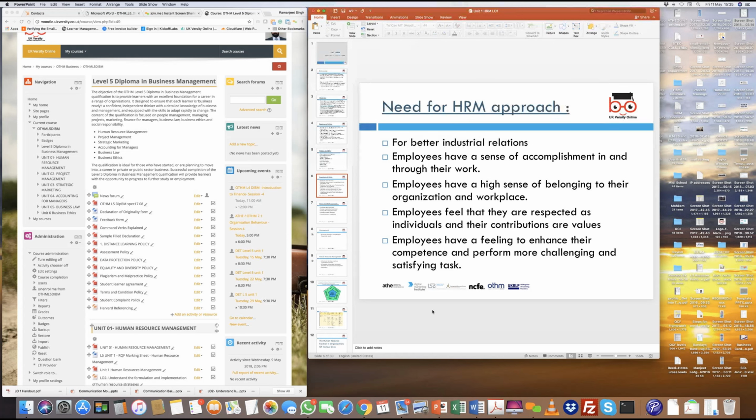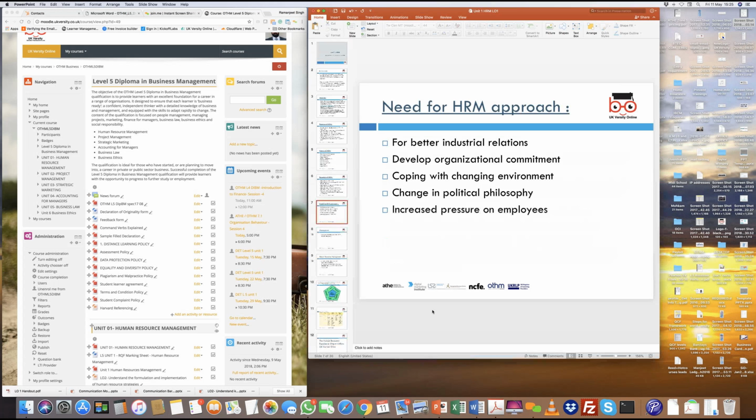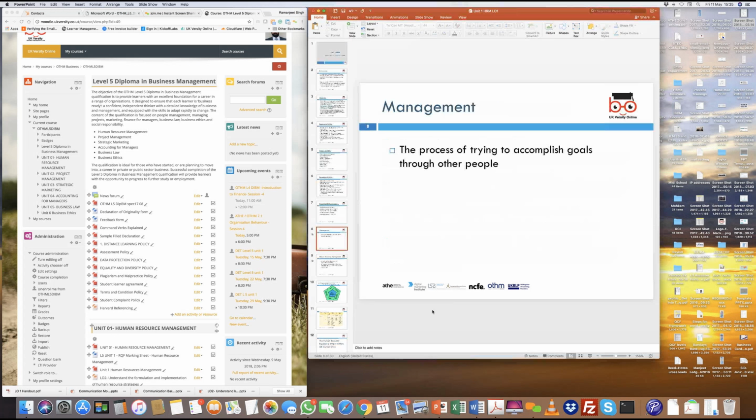Okay. Now, let's check the addition of the word management. When you look at the addition of the word management, what we are trying to see is that there is a process which has been put in place, and that process essentially allows that to happen